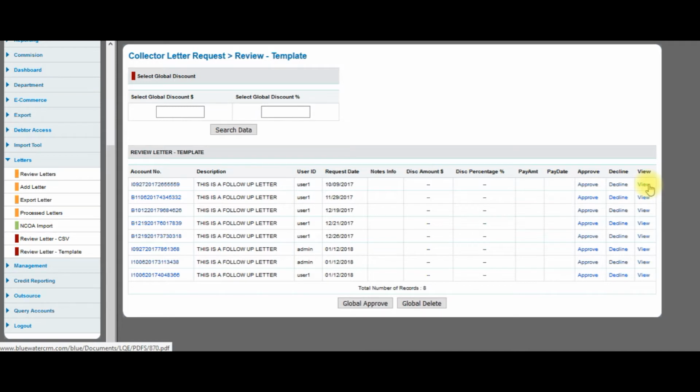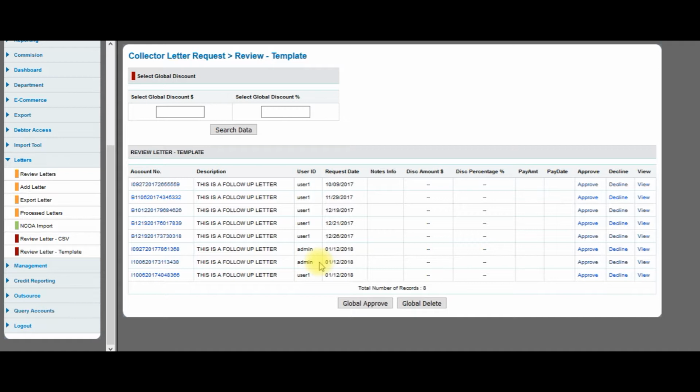I can view them. And when you view them, that'll show you basically the same PDF that we saw before. But this one will show you it with the specific letter verbiage if it was California or New York or Colorado in this case. So this gives you the template view of what's going on, and you can approve these. When you approve these, this will come out as one long PDF, all separated and ready to go into an envelope or be emailed